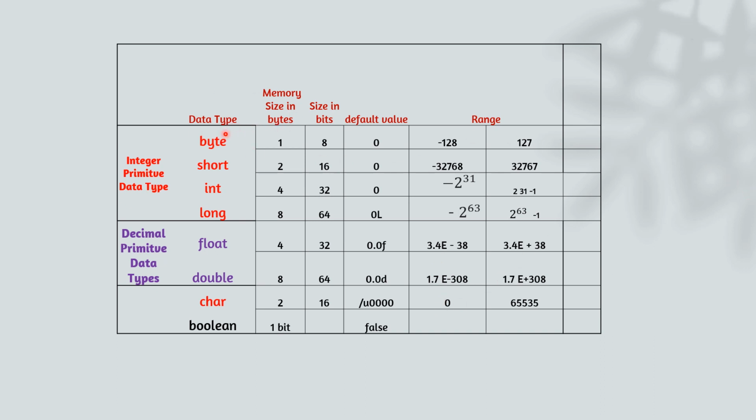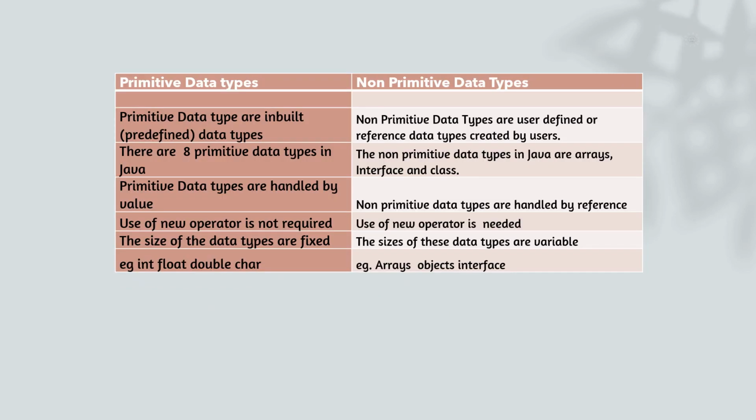So you have to study what the primitive data types are, which are integer and decimal, memory size in bytes, default value and range. Then the difference between primitive data types and non-primitive data types with 1 or 2 examples. At least study 2 points. The board will not ask more than 2 points. For an example of primitive, you can give any primitive data type: int, float, double, char. And non-primitive or reference are arrays, objects and interface. Primitive data types can also be called fundamental data types or predefined data types. So study the difference, at least 2 points carefully.